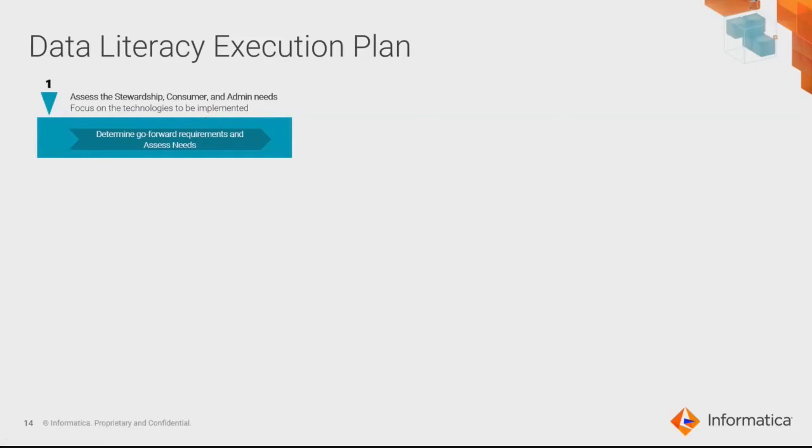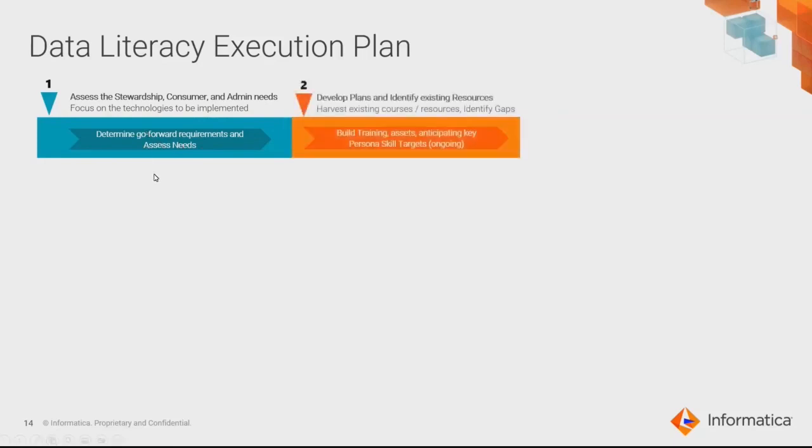Looking at the technologies you're going to implement, as well as the skills of your current team, we want to look at what those bubbles should be as far as strength that we're going to need to have across different areas, technology versus business governance and so on. We'll want to look at the resources you have already. So the people resources, knowing the first block of people that are going to be part of the implementation. Also look at existing courses you might have as well.